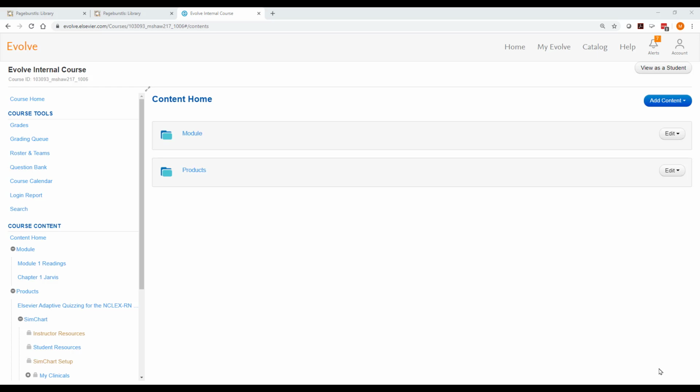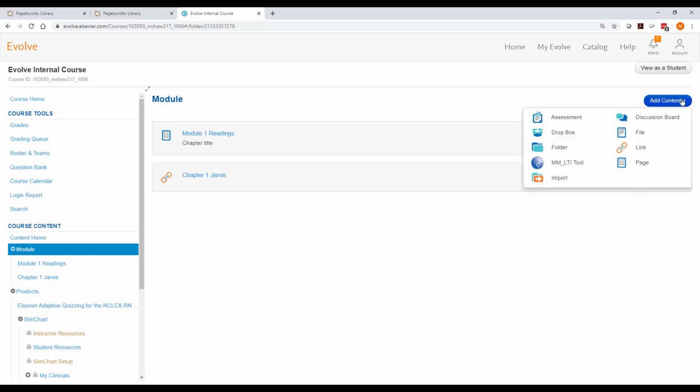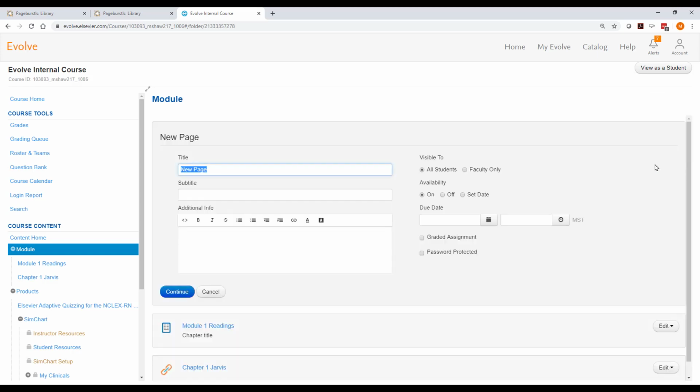an assignment in Evolve. To begin with, we'll go ahead and click on the module that we started in the previous tutorial. Click on Add Content, and in this case we're going to add a page. We will label the page